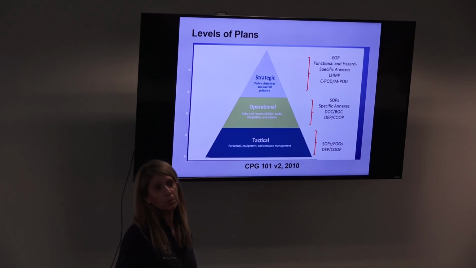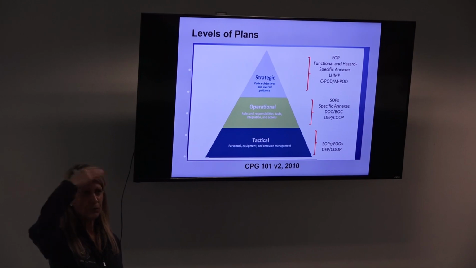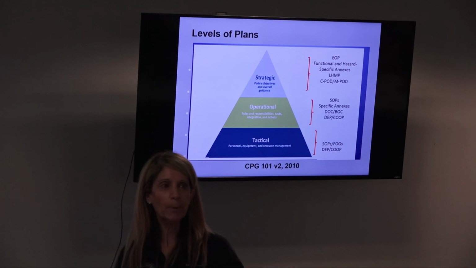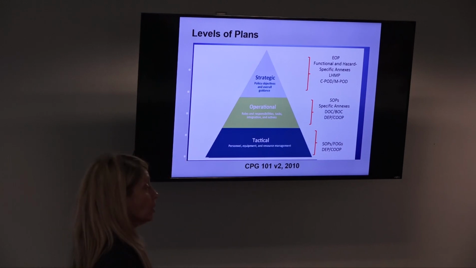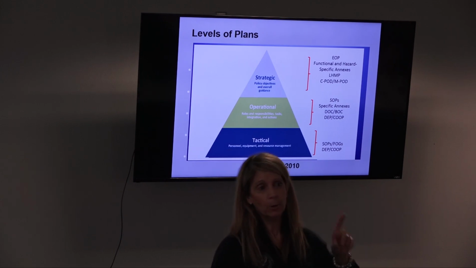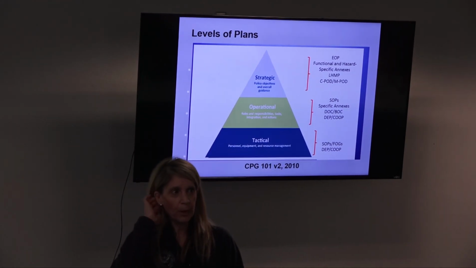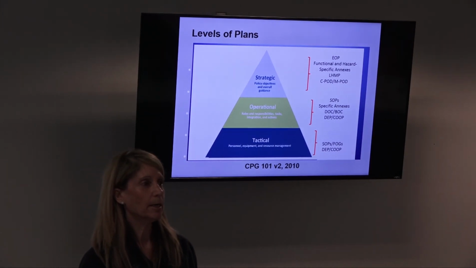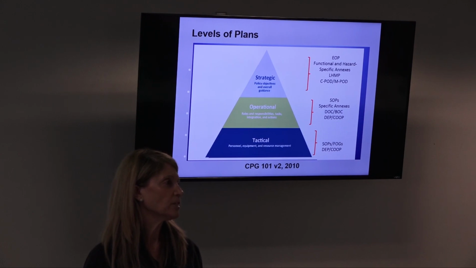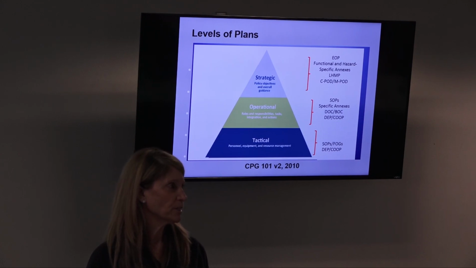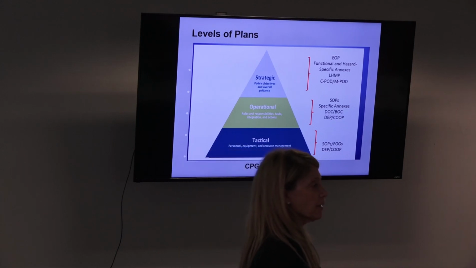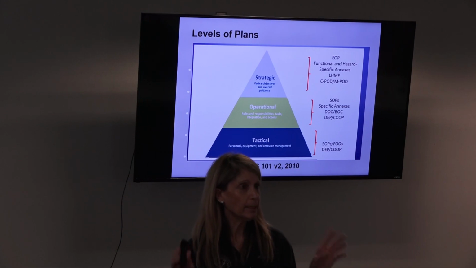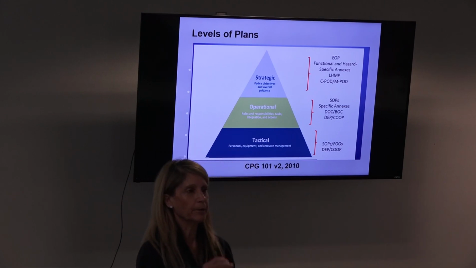When we talk about levels of plans, in our jurisdictions we actually have different types of plans. And a lot of you are going to be familiar with some of the ones I'm going to throw out. When we talk about strategic plans, that's your master emergency plan. And I want to stop here for a second because you'll notice throughout the document that one of the insert brackets that you will see a lot is a bracket that says insert the title of your master emergency plan. And the reason that it was phrased that way is it is recommended that a jurisdiction's main emergency plan, the strategic level plan that's an overarching